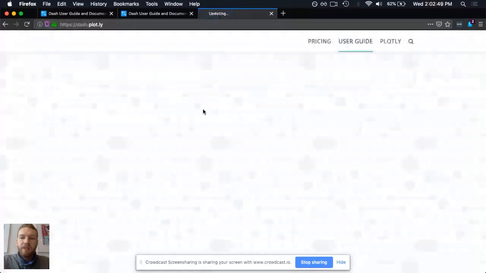This is the user guide that you should reference when you're just learning Dash, when you're referencing different component libraries, but also if you want to make your own components. There's a section down here called creating your own components, and we'll be going through some of these chapters